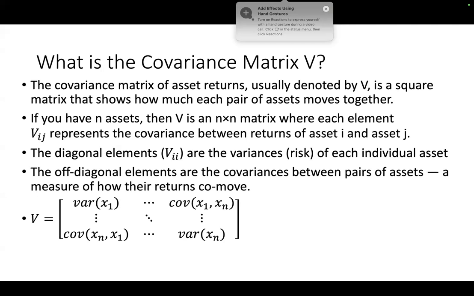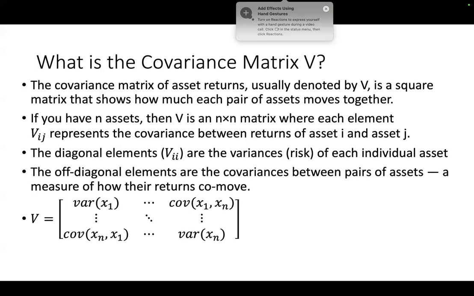The main diagonal starts from top left and ends at bottom right. We have the variance of different assets, and then we have the covariance of different assets on all other points that we have there. So we have n assets